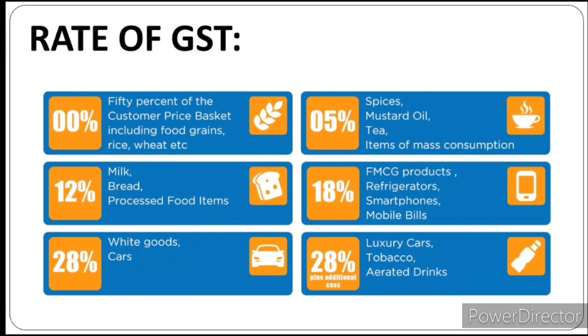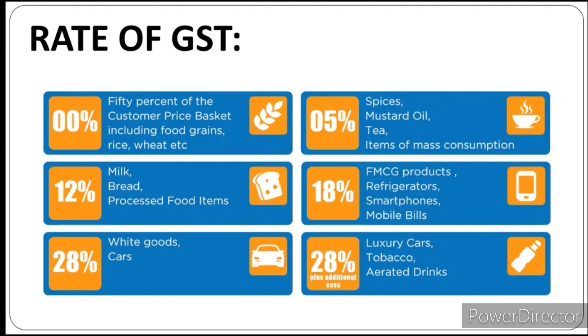The product which is produced at the faster rate. And the last is 28%, which is charged on luxurious products like car, tobacco, aerated drink, alcohol and many more. So we have to keep in mind that GST is charged 0%, 5%, 12%, 18% and 28%. At present, electricity, petrol and diesel are not under the purview of GST, which means GST is not charged on these particular items.